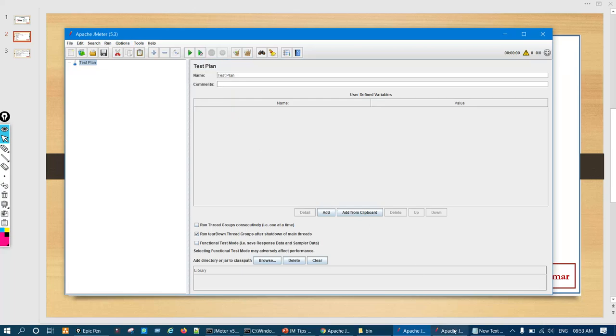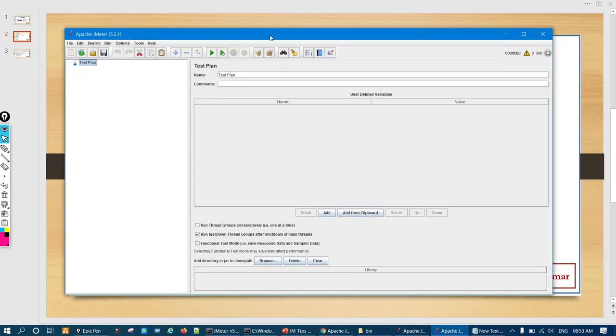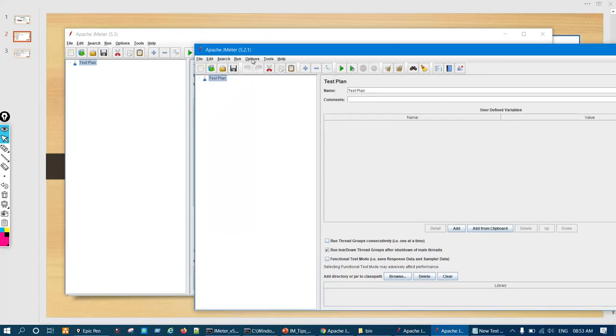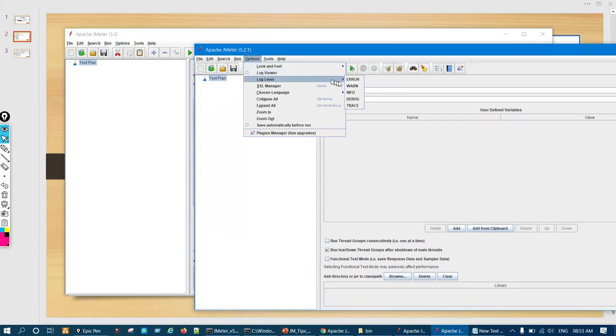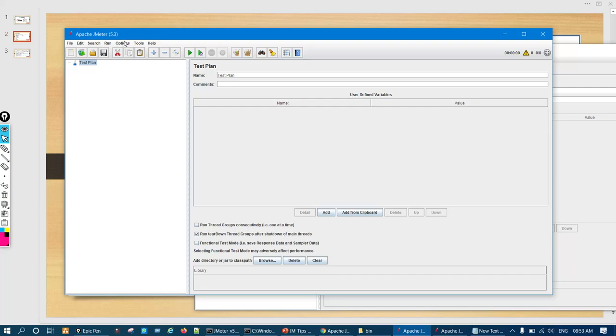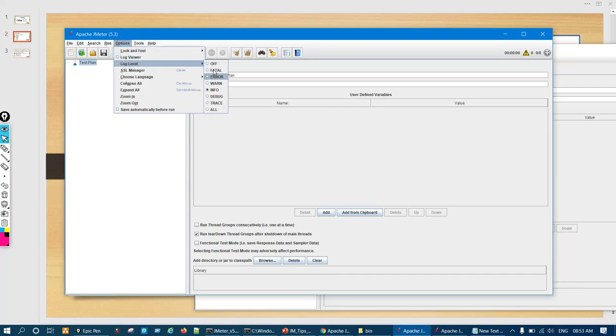Compared to 5.2.1, here I have 5.2.1, and in Options, earlier only limited options were there, and it was not clear which one is default or which one is selected. But now some extra options have been added and radio buttons have also come, so it's very easy to select them.